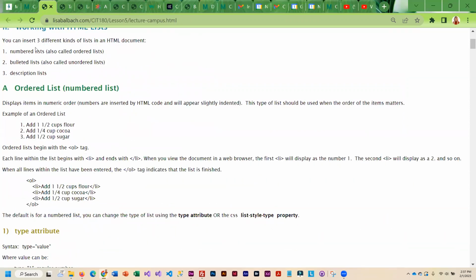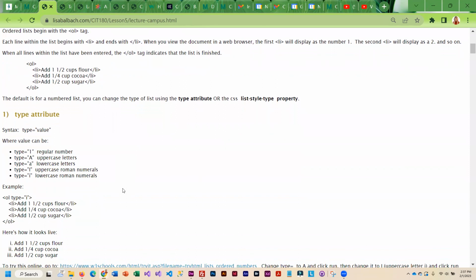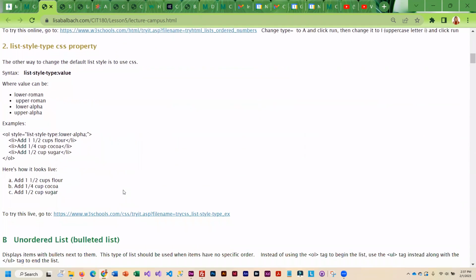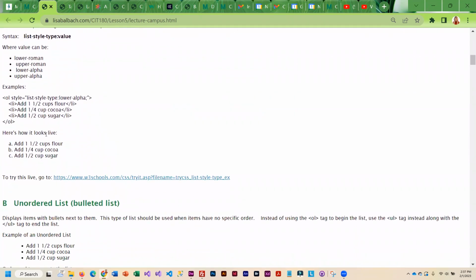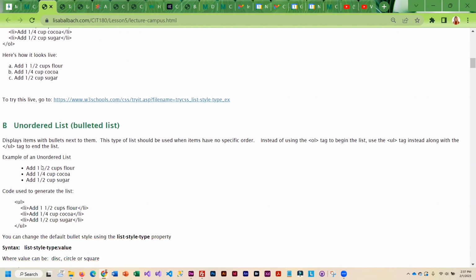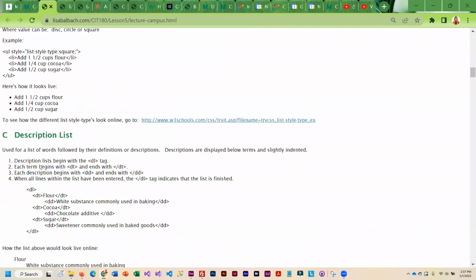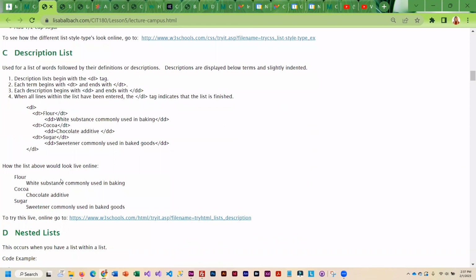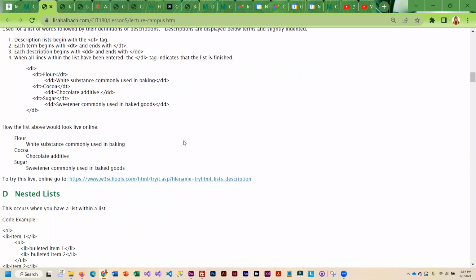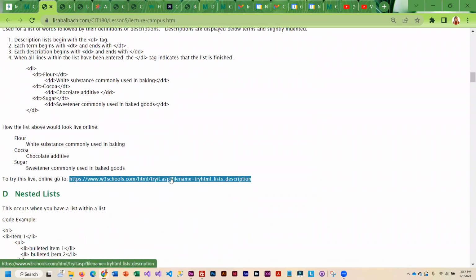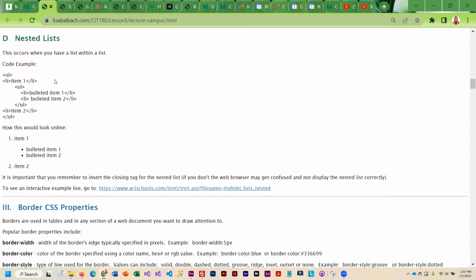So how to create numbered and bulleted lists, and they are very similar. We also get into a description list, which is a little bit different. So this actually goes through and shows you examples and the HTML used to create them. We get into description lists, so you can see what that looks like. There are links to the interactive site. We also have nested lists, and I will tell you the validator